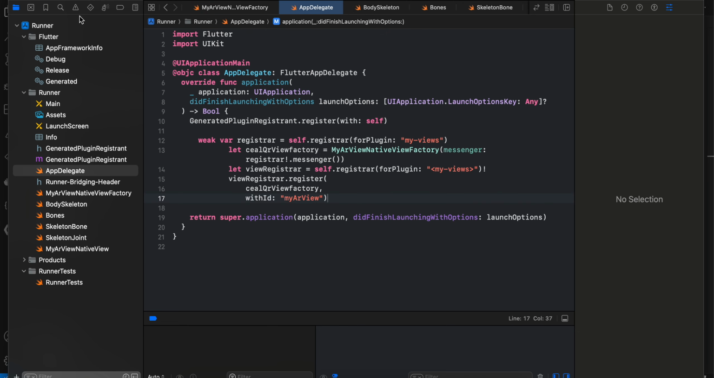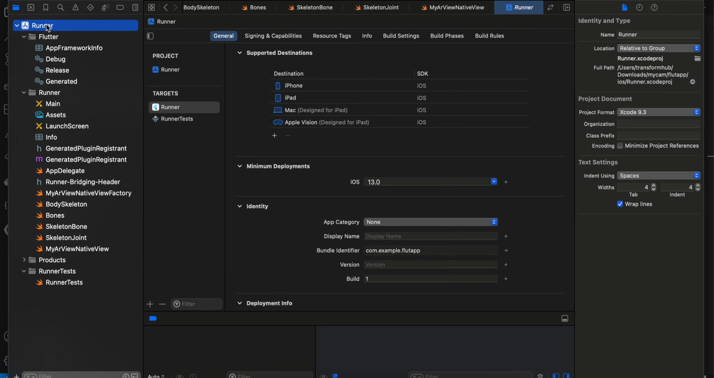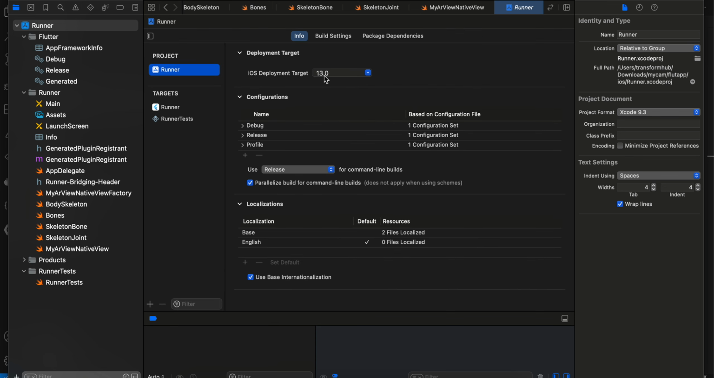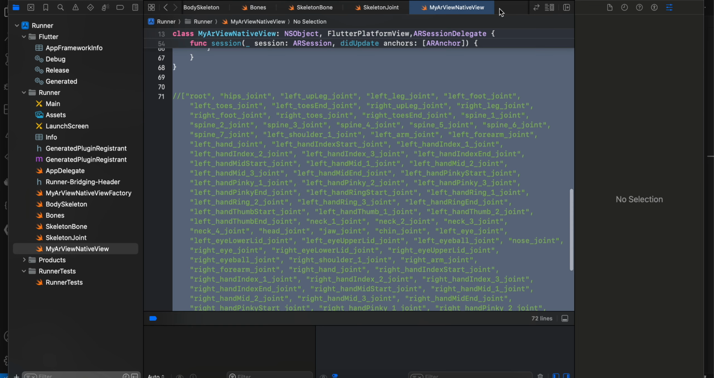Next important thing is you will have to update the minimum deployment target for iOS to at least 13, because at the time of me recording, Flutter still targets iOS 12. So over here you will have to update, as well as over here you will have to update. Once that is done,